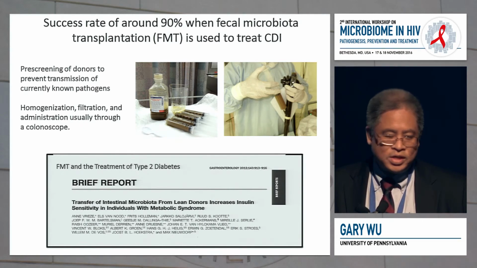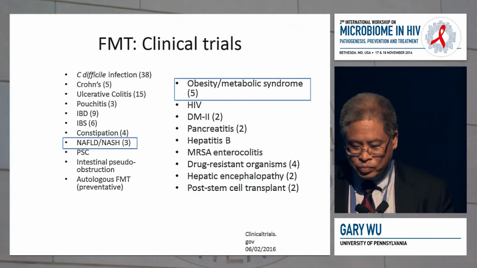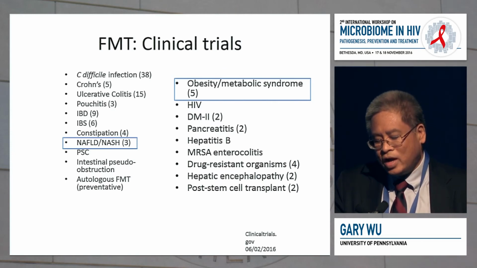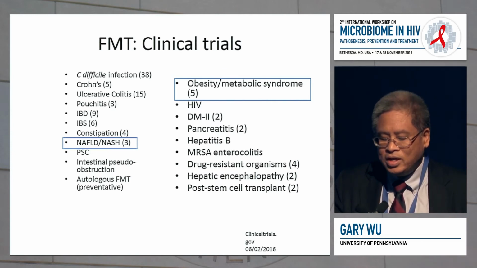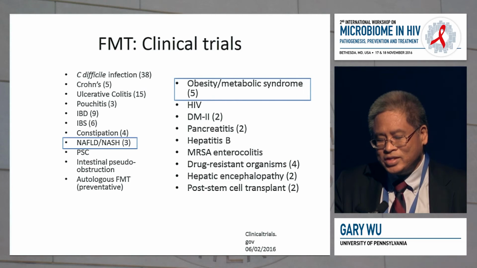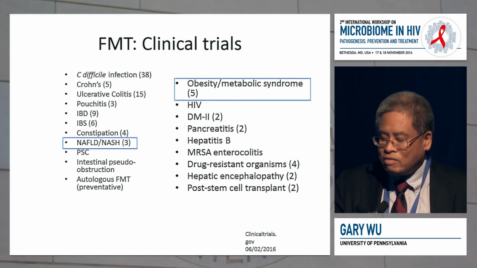These are very interesting data sets that certainly bear a lot more analysis. With that notion in mind, there are a lot of clinical trials ongoing with FMT, looking at many different types of disease states, and I highlighted the ones that are associated with NAFLD, NASH, and obesity and metabolic syndrome. There's a lot of interest in this because it works so well in Clostridioides difficile infection. Obviously, that's an infectious process, right? That's not a complex disease entity with a genetic input, and it's not necessarily a chronic disease.